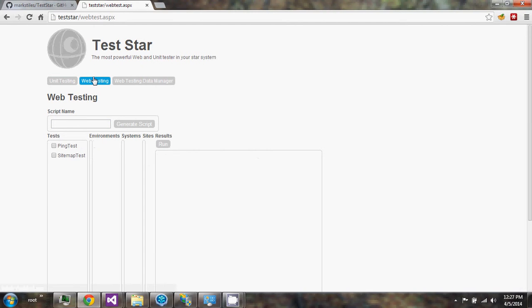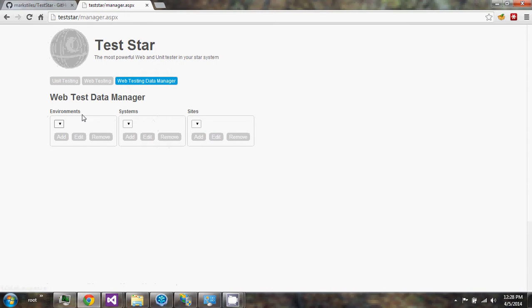So we'll jump into the web testing too. I just want to give you one through the front end. Now the front end, the web testing also has its own set of tests, but to run web testing you need web configuration, so a website configuration data. So the first thing you'll have to do when you get here, if you're running a new system, is to actually create that information. Now what you need is environment information, which is basically providing a prefix for any given